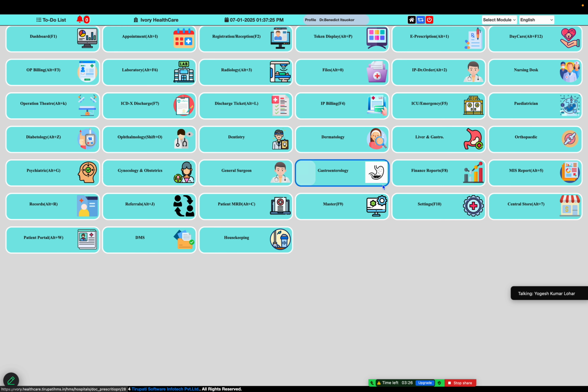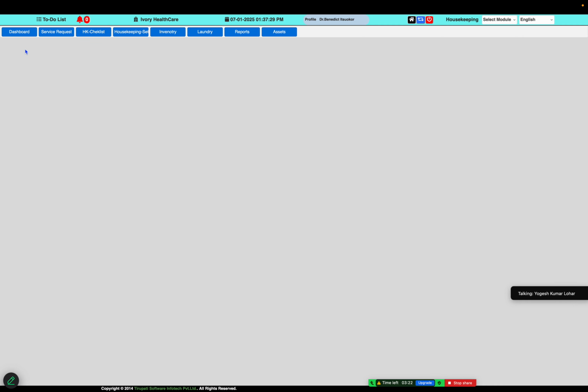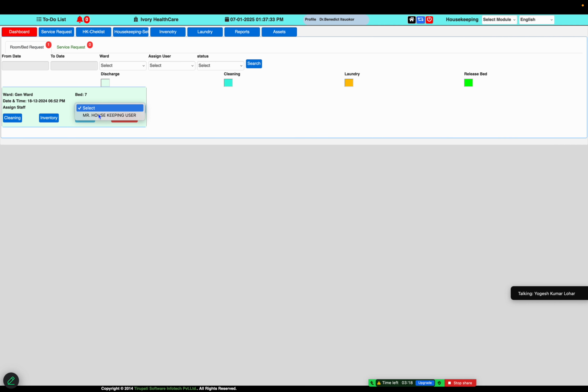Now we will have the facility for the housekeeping department. So we go to housekeeping. Here this housekeeping user is available, so the in-charge will be able to assign this task to this user. The user we have allocated for cleaning and maintaining this request from the nursing department will do the cleaning.